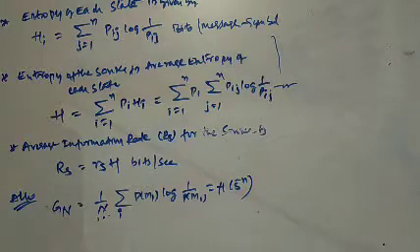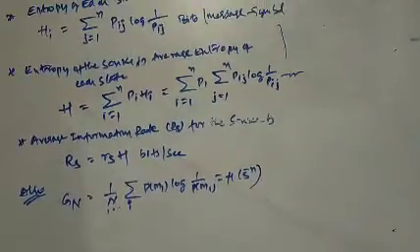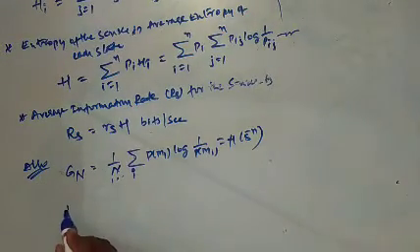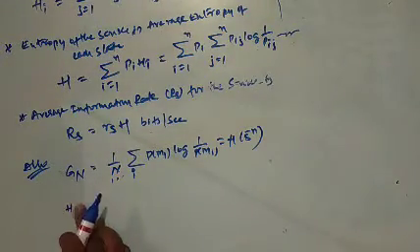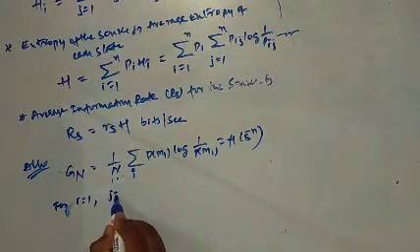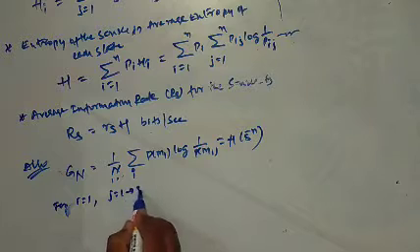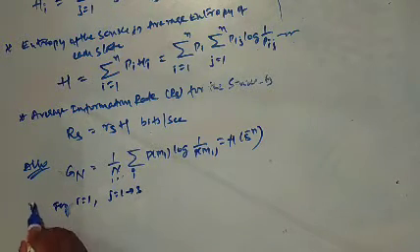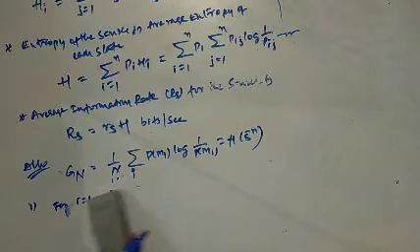First, what is given in the question? The question tells us to find the entropy of each state. I write here the formula. Look into that formula: entropy of each state, H, for I is equal to 1 and J is equal to 1 to 3. First, I am solving the entropy of each state.